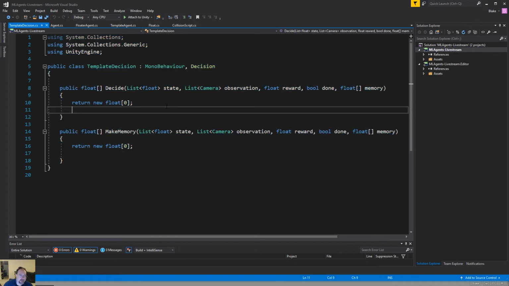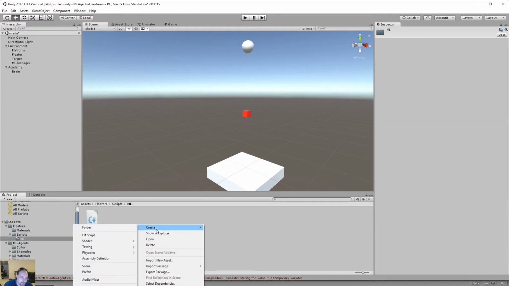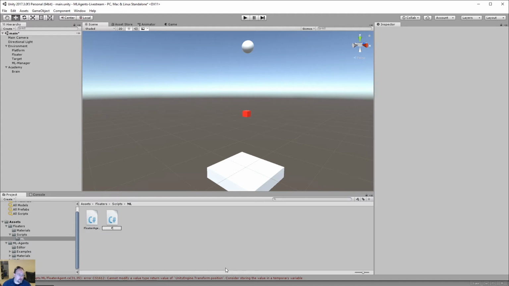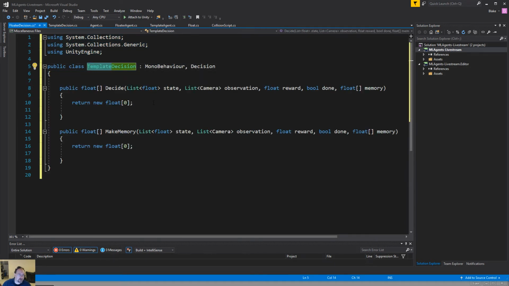Now, one of the things that we need to keep in mind is that the number of floats that we return here should be the same as the action space. Right, and then the make memory, in this case, I'm not even bothering with memory, so we're not even going to go there. All right, so let's go back to our code, and we'll go to floaters, scripts, ML, create, C#, and floater decision. And we'll just copy that, change the name back,